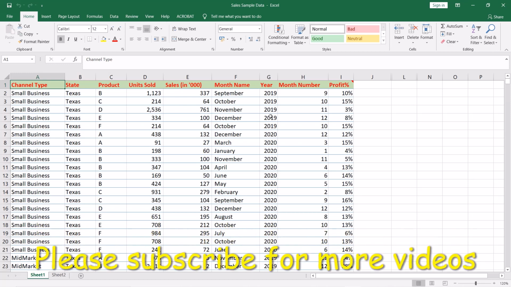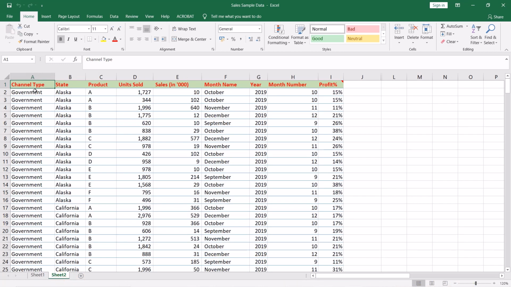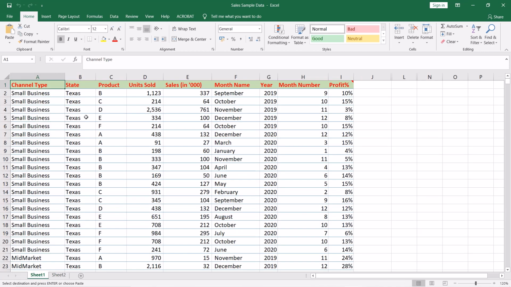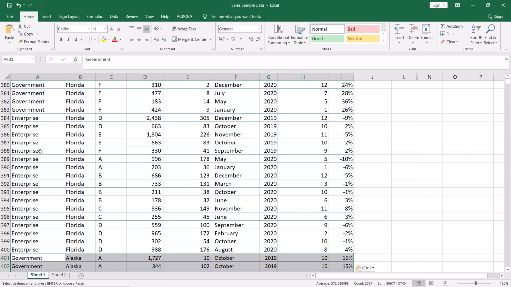So let's start with the first step of data analysis, that is data collection. Here we have data in multiple sheets, so we take data from sheet 2 and put it at the end of sheet 1.